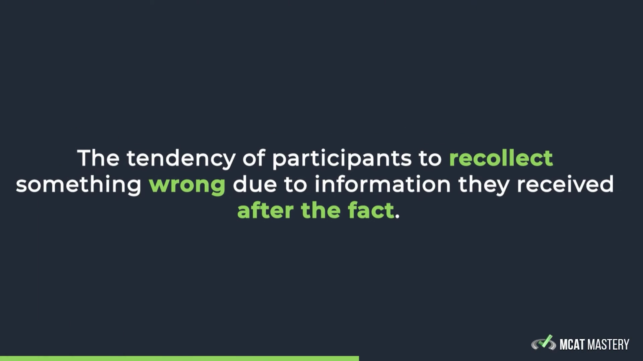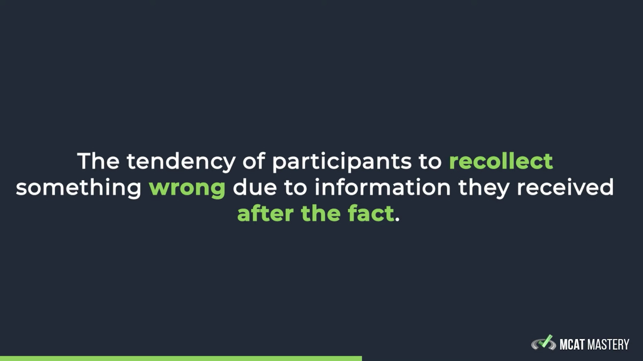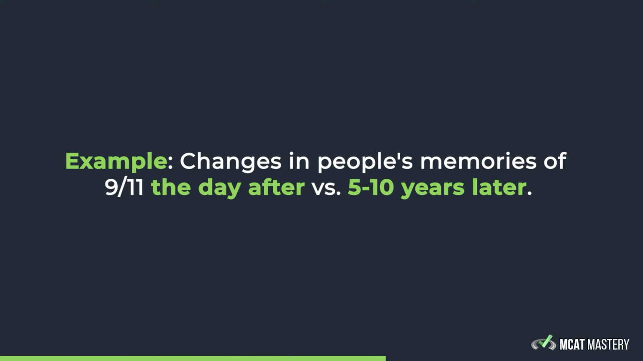The next bias that we're going to be talking about is the misinformation effect. And this is the tendency of participants to recollect something wrong due to information they received after the fact. So we're going to continue with the tragedy example here. Let's say that there is a big tragedy that occurs, right? Something that's talked about relentlessly on the news, and it's talked about in social circles, and it's talked about in newspapers and articles. Right? If you ask somebody what happened, let's say the day after 9/11, they might say it was a cold day and I was on my way to the office and I heard something on the news, right? But if you ask them 5 to 10 years later, they're going to start inserting information unconsciously